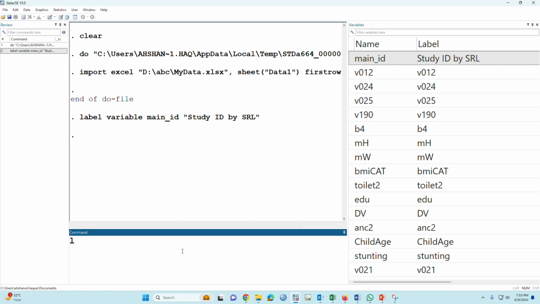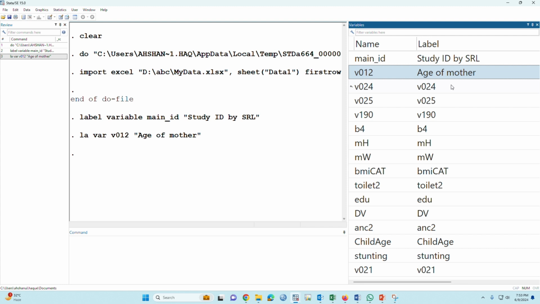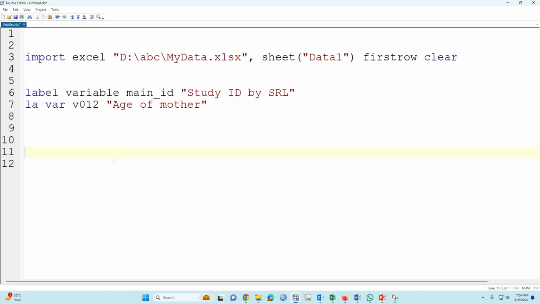Similarly, if we label, in short form we can type la var, then v012. This is age of mother. If we press enter, age of mother. So similarly, but obviously we have to copy and write this in the syntax file or do file. So label, we can just type la var. Instead of variable, we can type only var. So if we run,